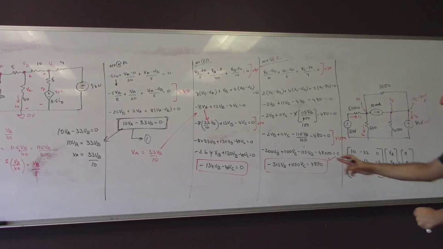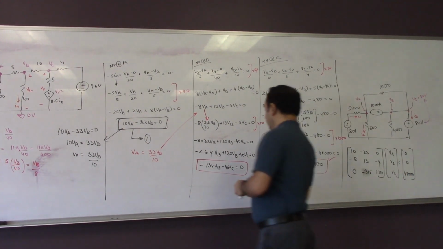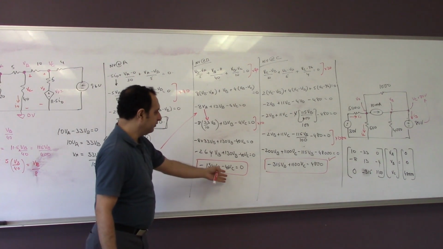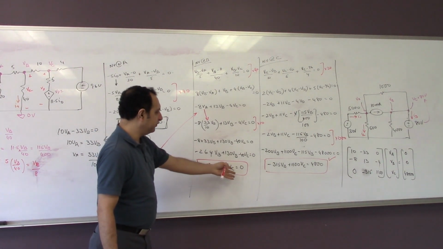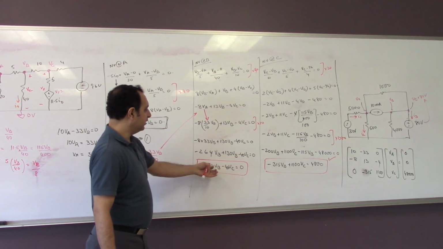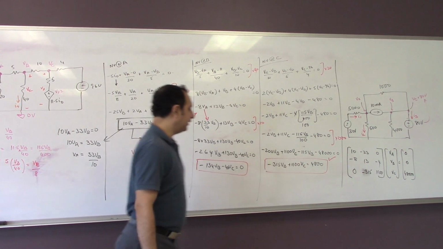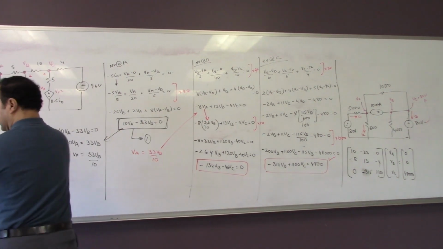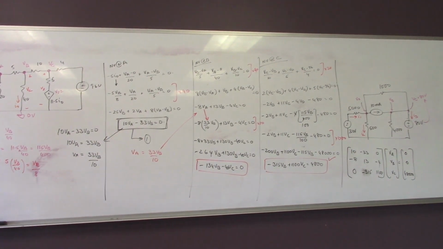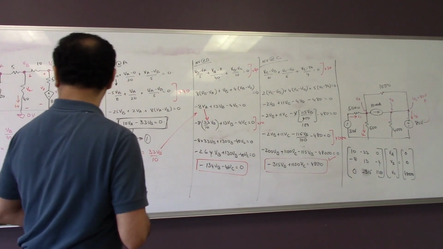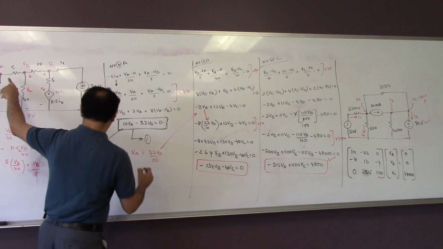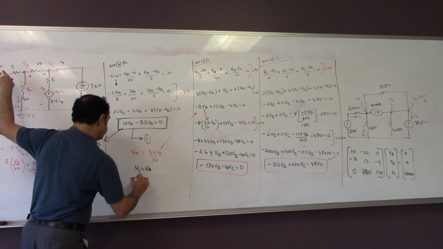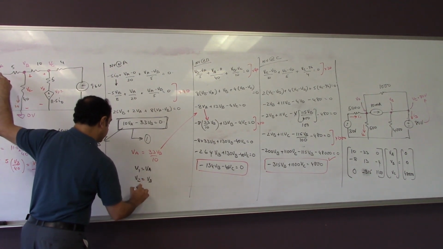Once you substitute that, you can solve it any way. What you could do is substitute VC is equal to 134 divided by 40 and substitute that there, or any other way you choose to. You can multiply it by something. So solve for those values. I'll see if I can find the answer and share that with you. But let's stop here, and once you find those values A, B, and C, keep in mind V1 is equal to VA, V2 is equal to VB, and V3 is equal to